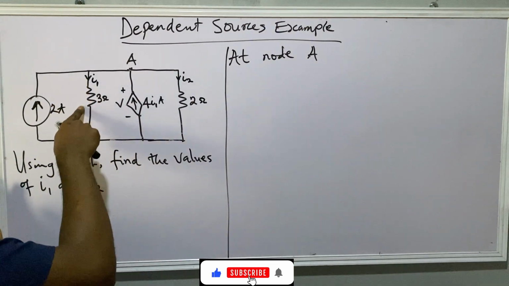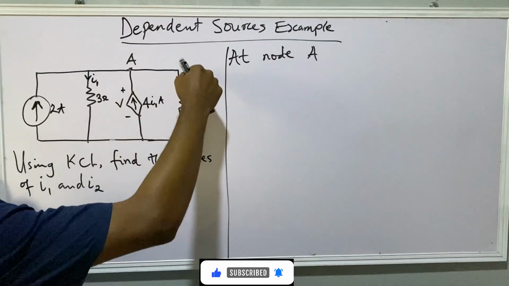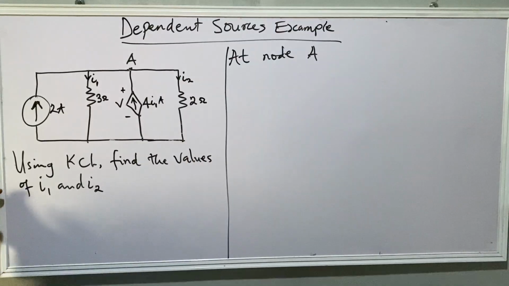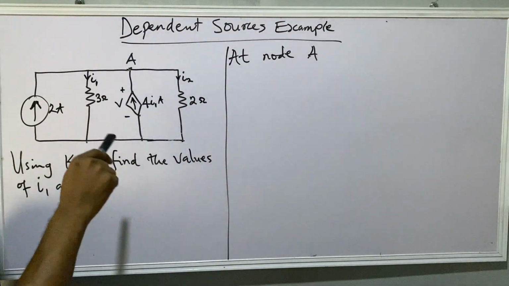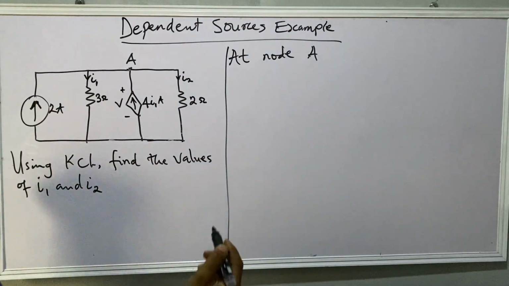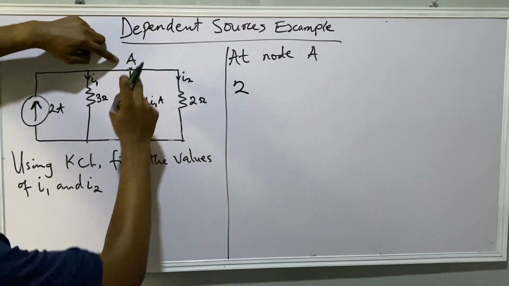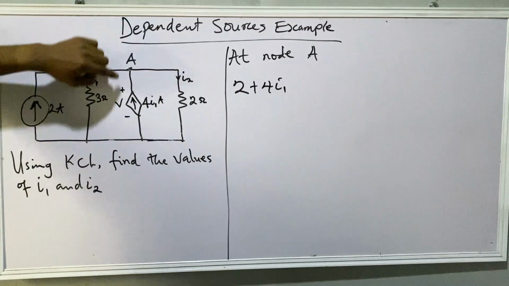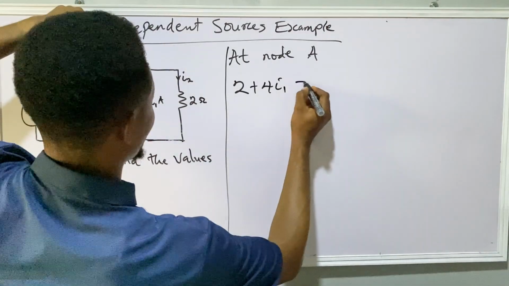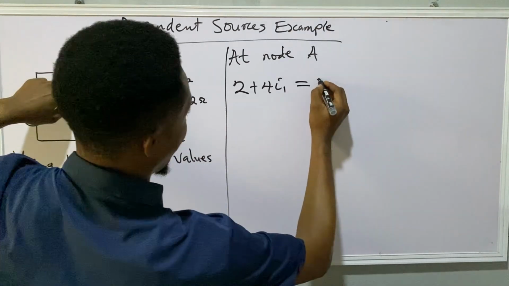I1 is leaving the node. 4I1 is going into the node, and I2 is leaving the node. If we take the sum of all the current going in and coming out, we will have 2 going in, plus 4I1 going in, equals the ones going out: I1